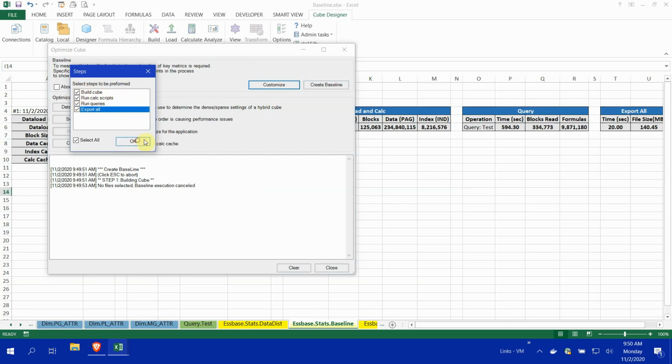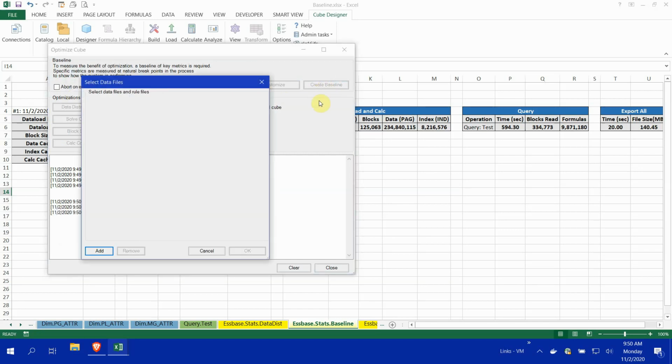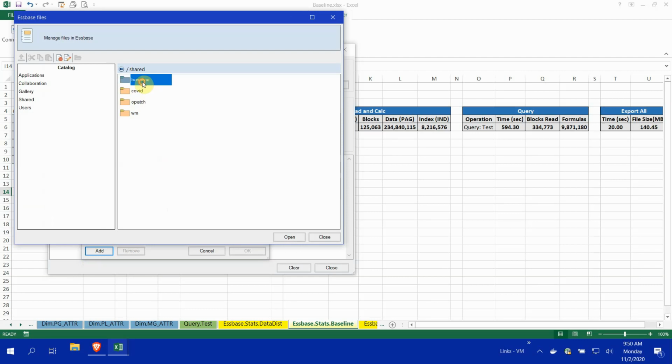But I'm going to run all of these. I'm going to click the baseline, and it's going to ask me what data file you would like to use with this. I'm going to click Add. You can multi-select and load more than one. I just have one